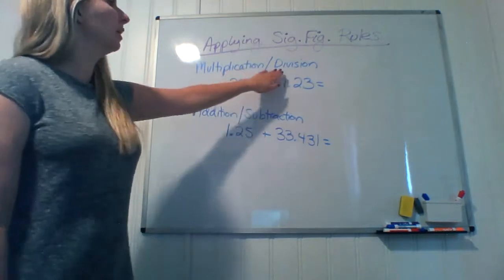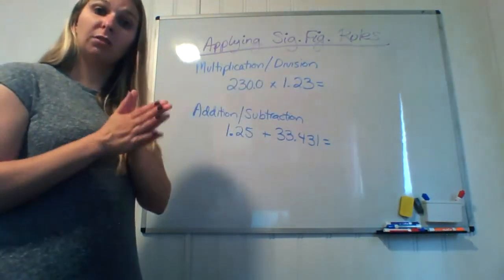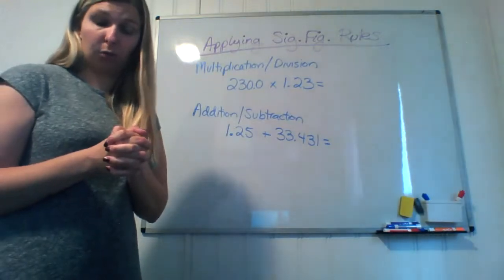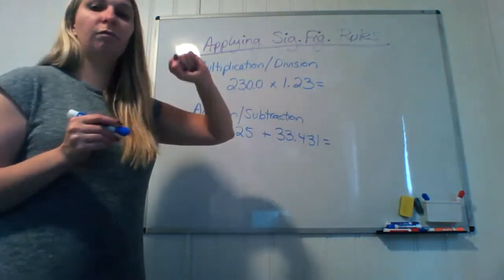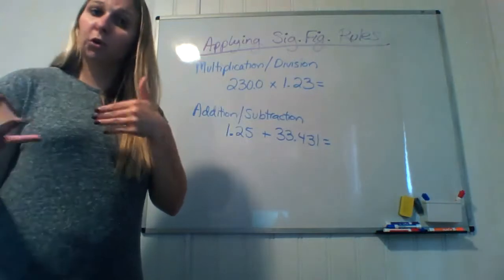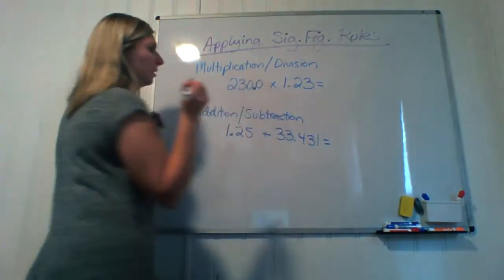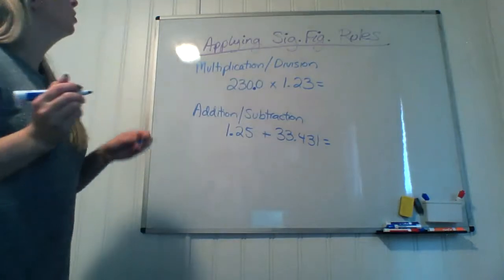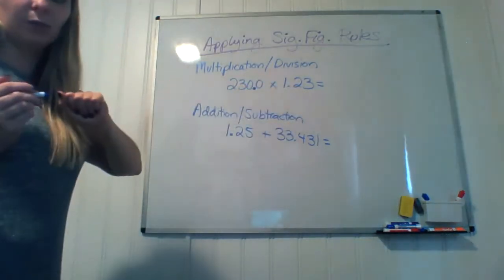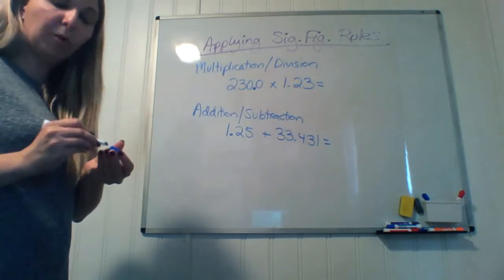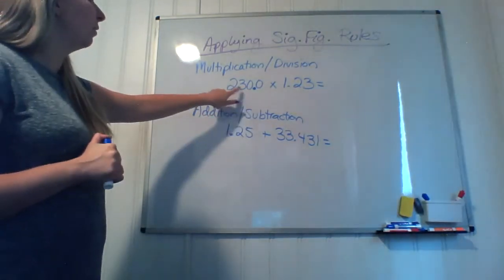Okay, so for multiplication and division, you're always going to be looking for the fewest number of significant figures. Okay. So you're going to look at each one of the values that you are multiplying or dividing. Okay, I'm going to make this a little darker so you can see that's a decimal. Okay, so now let's take a look at both of these values, and we're going to count the number of significant figures in each value. So this first value,